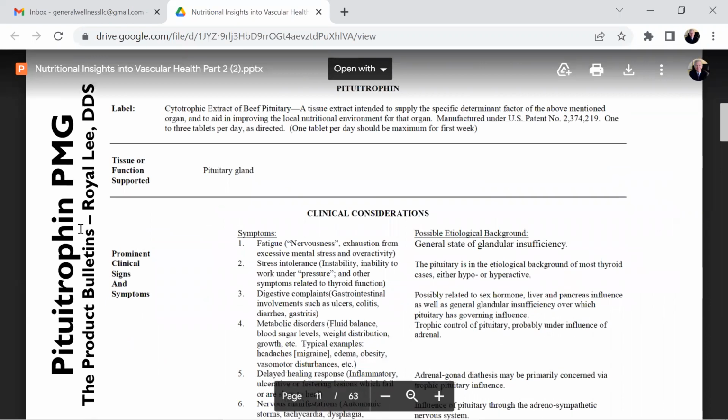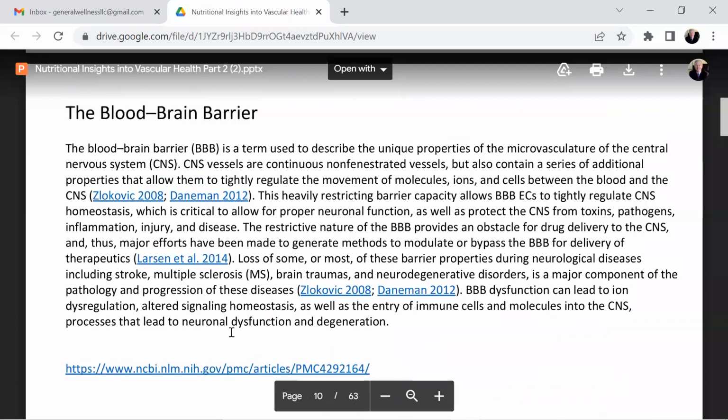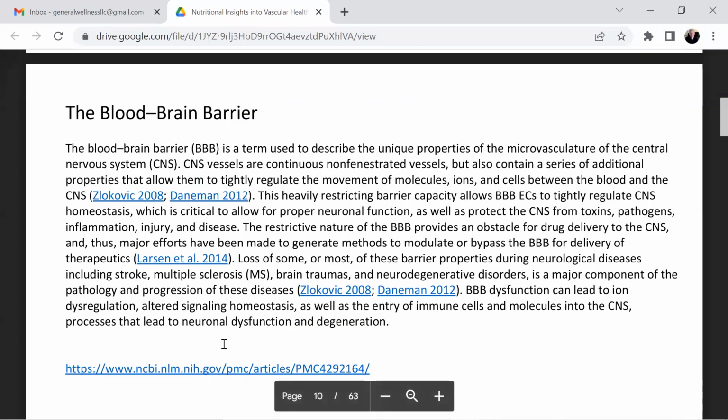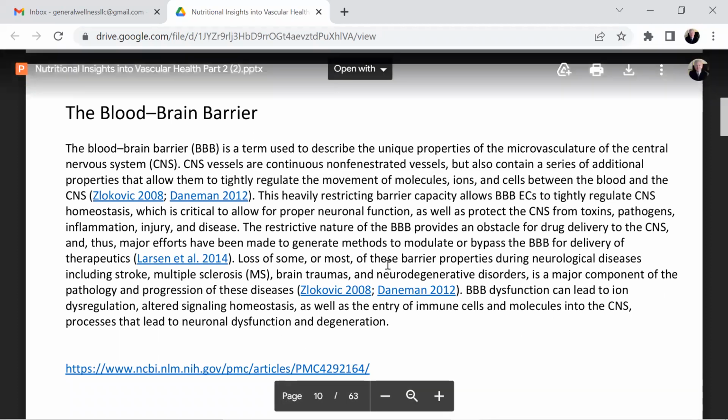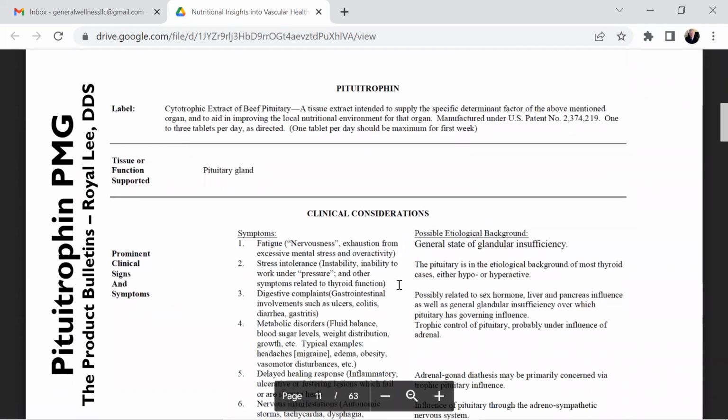Now, you could say, well, Joe, that's all good, I'm glad to know that, but how can I offer products that help? Well, the main products that I would use when you know that there has been head trauma, there has been MS, there have been other neurological degenerative disorders, there's been infection in the brain, I would use